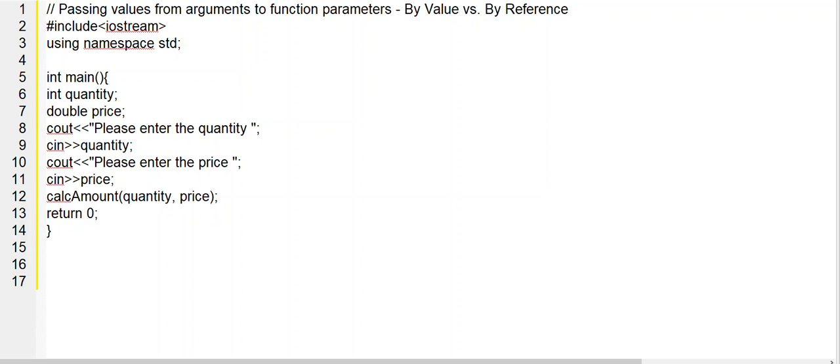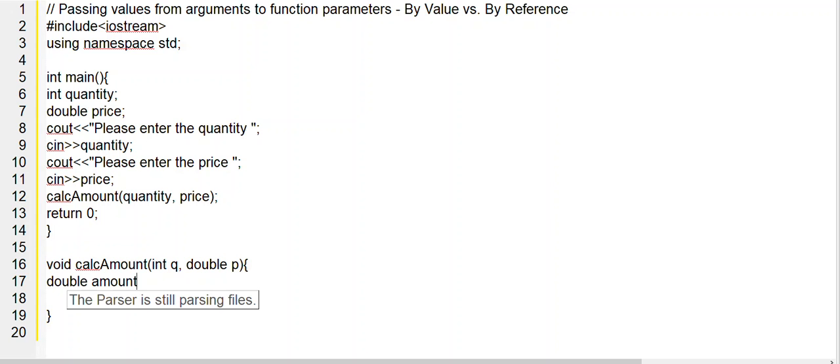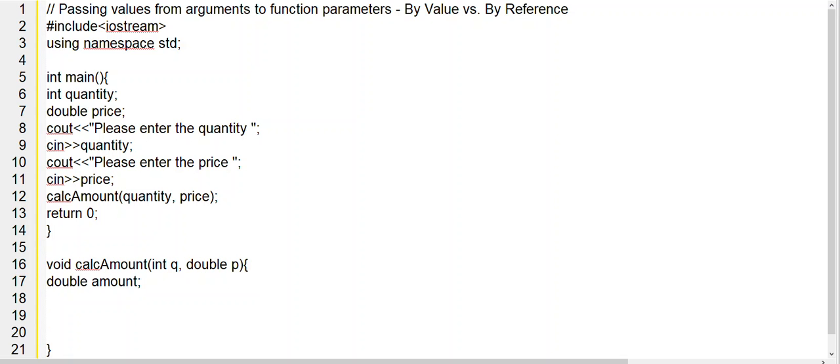Its return type is a void. So we write void calc amount. We have two parameters, int q and double p. Right. So two parameters. We have a local variable here, double amount, and we write amount equal to q times p. Okay. And then we display